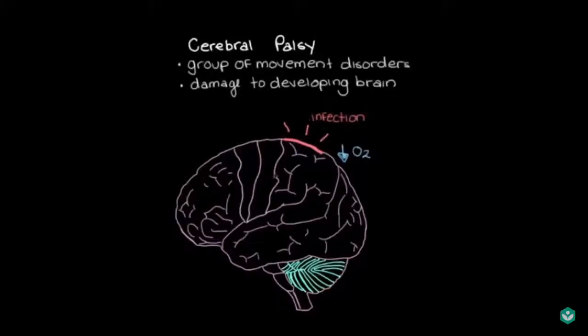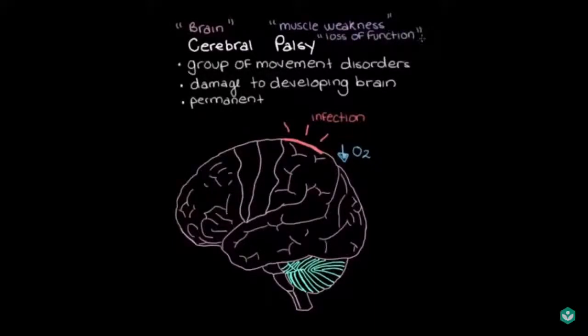So this damage occurs in parts of the brain that control our movements, and this damage is permanent, but it's not progressive. So the initial damage to the brain doesn't worsen over time, but the problems with movement do persist for the affected person's entire life. So now that we know a little bit more about cerebral palsy, we can make a bit more sense of the name. So cerebral means brain, so this is where the damage is, and palsy means muscle weakness or loss of function. So this is describing the main problem that arises from this damage in the brain.